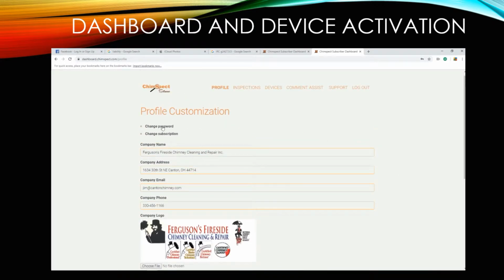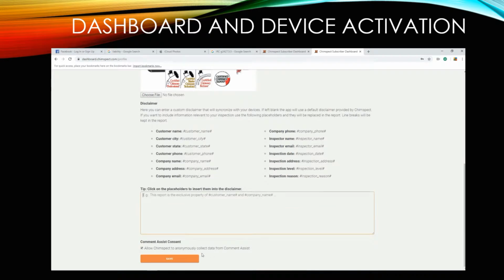Also, just note that from the profile you can click on change your password or change your subscription if you want to add more devices than you already have signed up for, or if you want to reduce the number of devices that you've got. We'll cover that here in a little bit. This little box down here, again, this allows us to collect any information that you put in your comment assist, and it might help us in building a comment assist library for others. Click save,